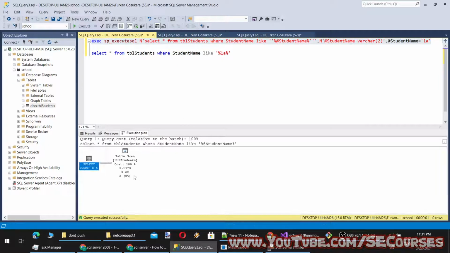Okay, execution plan, table scan as expected. Student name, varchar 2. Yeah, everything is looking correct.